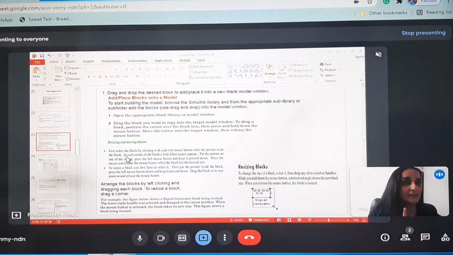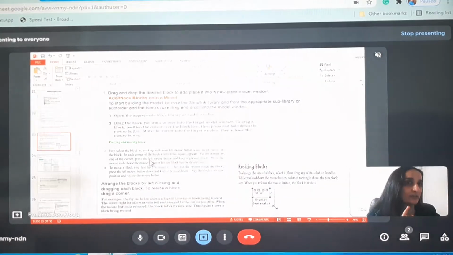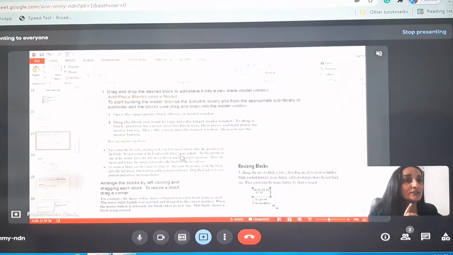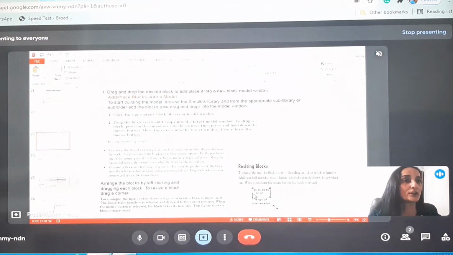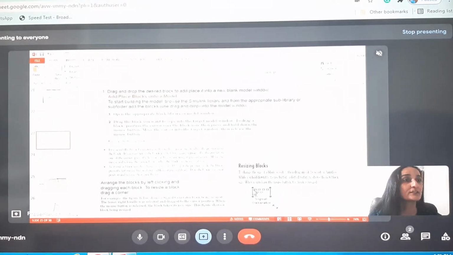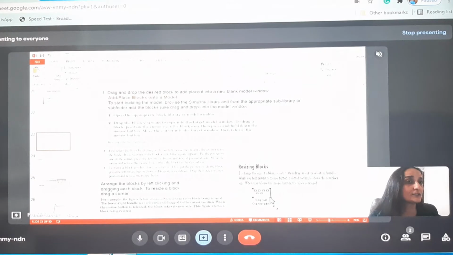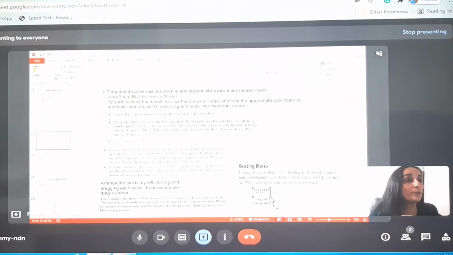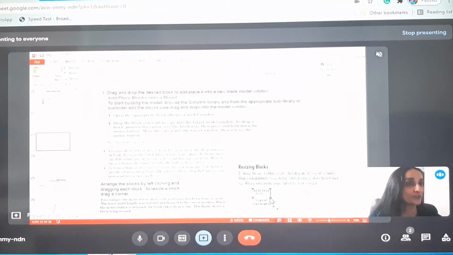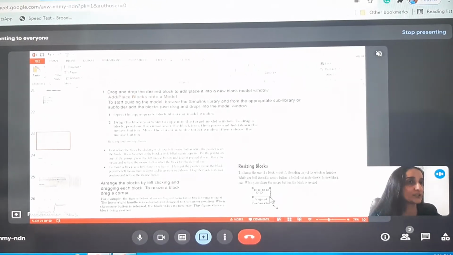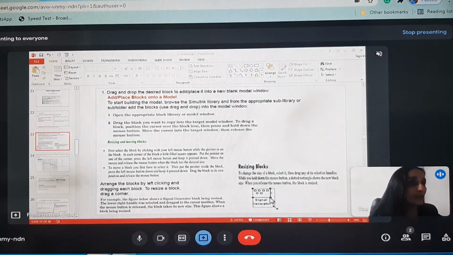You will see that little filled squares appear on the corners of the block, as we can see in this figure. These are called selection handles, filled squares. Now put the pointer on any one of the corners, press the left mouse button and keep it pressed down.